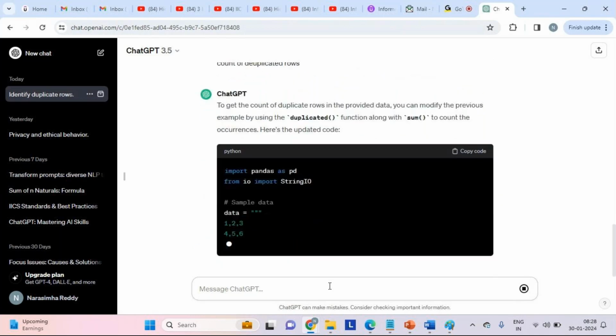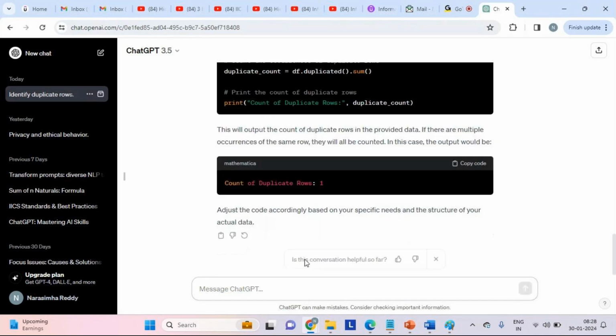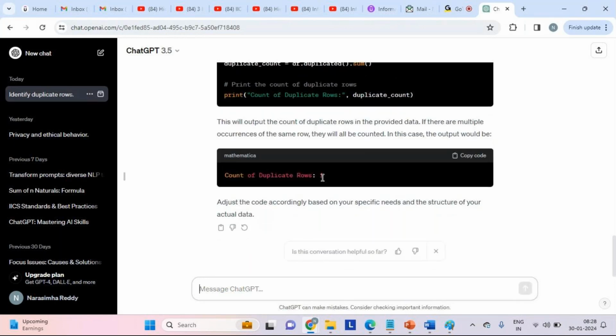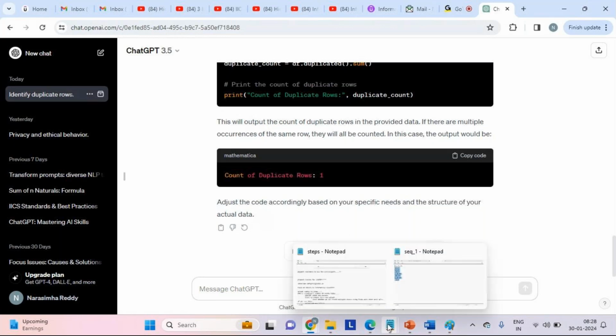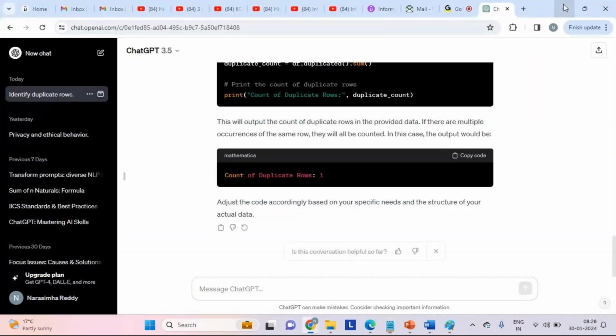See, it is writing the code to calculate duplicate rows. How many do we have? It's one duplicate row, that's it. The rest are all individual records, because if you open this sample data, you can see one is a duplicate. See how easy it is to get this.